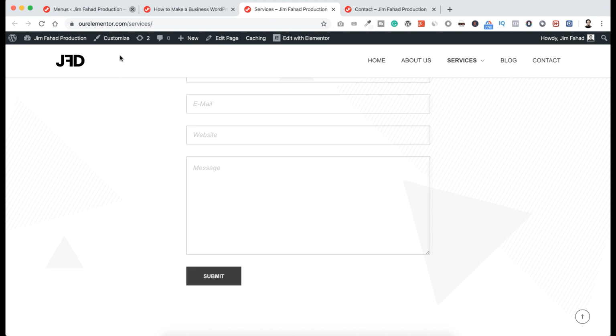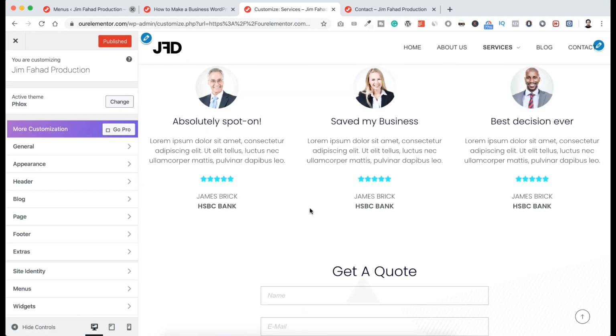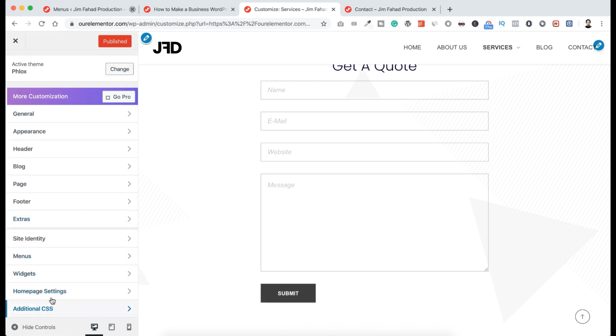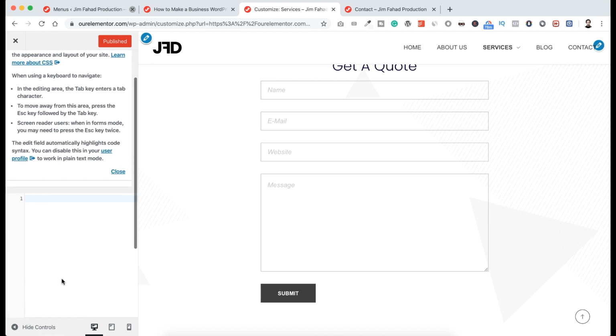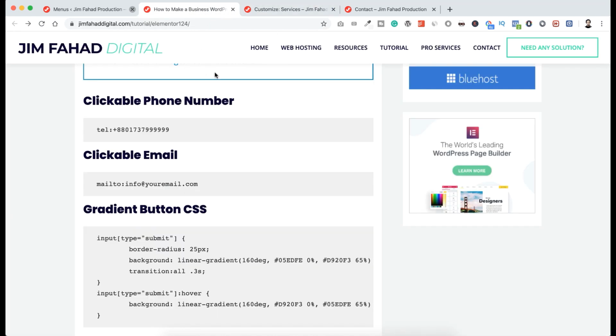So let's now just click on this customizer. Now scroll down. Here we want to make this button gradient. So from left, here you can see additional CSS. Let's click here on additional CSS. We will be writing a custom CSS here, but I already have written that for you. So to get that, go to